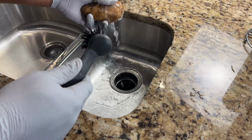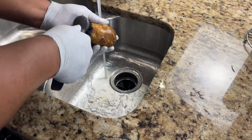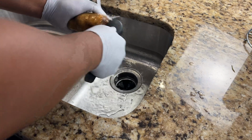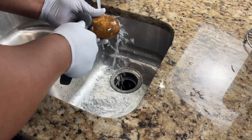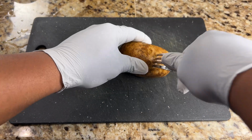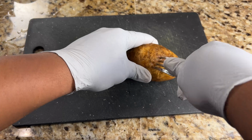Now let's move on to our potatoes. Potatoes come from the ground, so that means they're naturally covered in dirt. So let's use a scrubbing brush to get rid of that dirt. Give it a scrub all over under running water to remove the dirt like you see me doing here. So once the potatoes are so fresh and so clean, use a fork to poke some holes in it. You probably want to do this about 25 times. This is very important so your potato doesn't explode in the microwave and then you blame me for having to